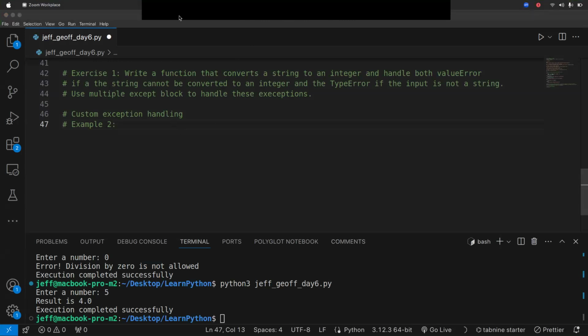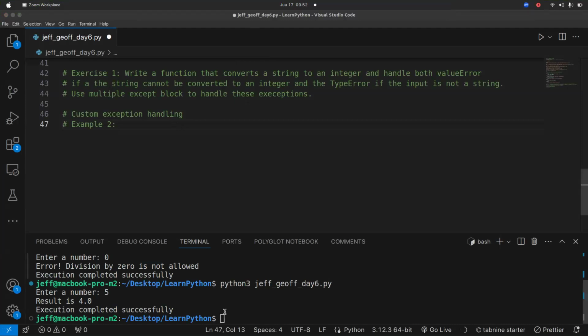Now I'm going to talk about other interesting exceptions that are a little bit practical, and you have always experienced this. How many of you have ever seen this kind of error?